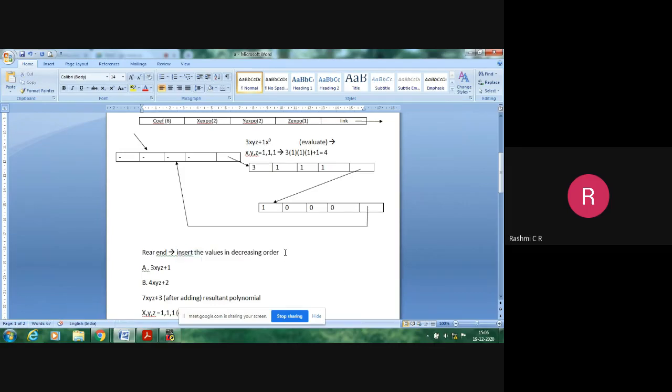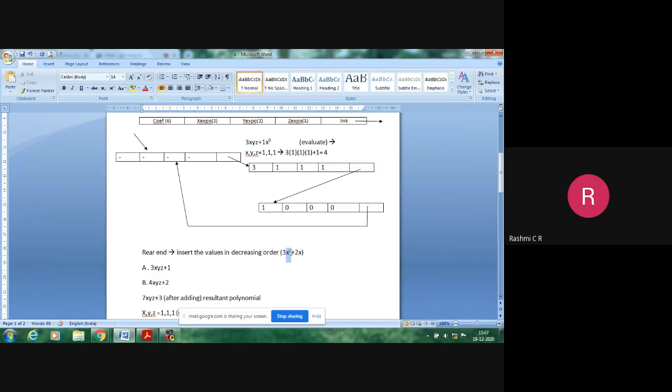For example, how do you specify? Suppose you specify 3x to the power of 2, that is 3x square. Afterwards, what should my exponent be? It should be reduced, to 2x. I'll consider it as 2x to the power of 1, or you can directly write it as 2x, that is also enough. So when you consider this, you can see we are just inserting the nodes in the reduced form of the exponent.